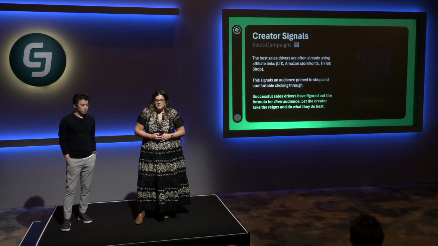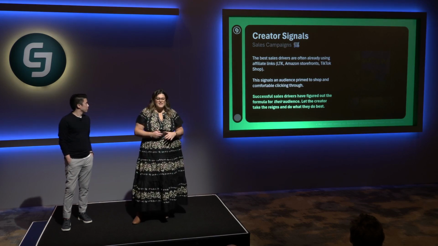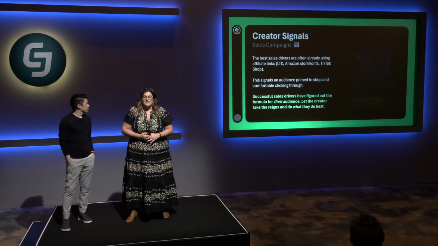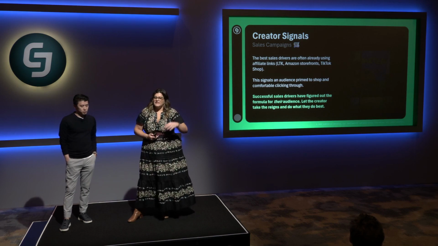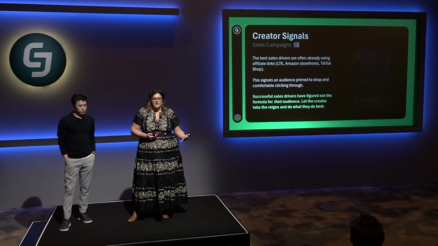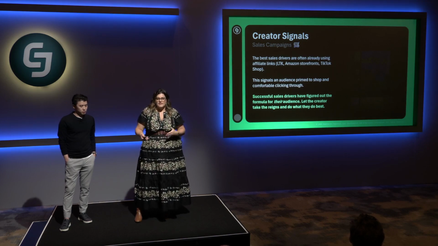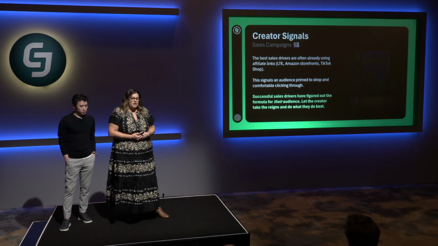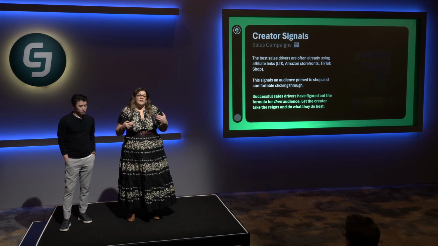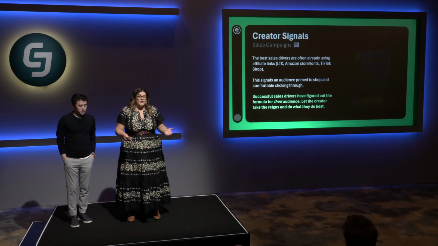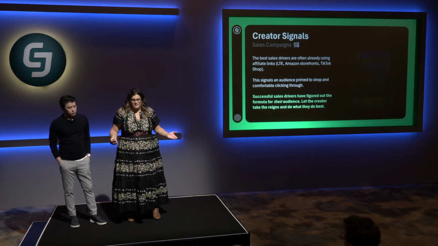And finally, sales. I know we're all interested in sales at the end of the day here. And so when we're looking at a sales campaign, we're going to take all of that logic that we've talked about and these other objectives and also layer on some real first-party data and other behavioral signals on that creator to determine if they're actually priming their audience for sales. Because if they're not selling for other brands, they're probably not going to sell for yours as well.